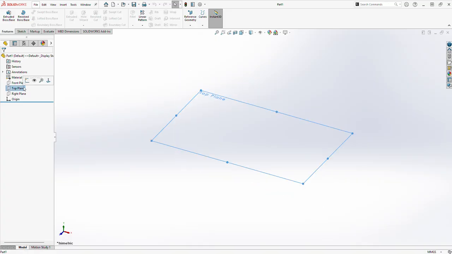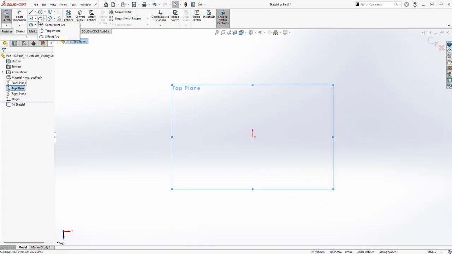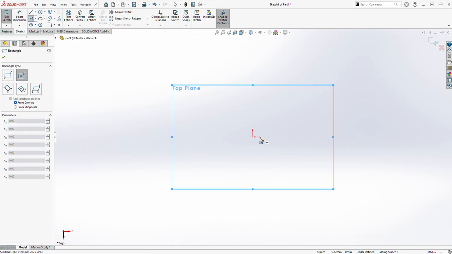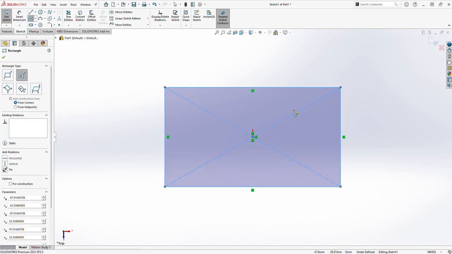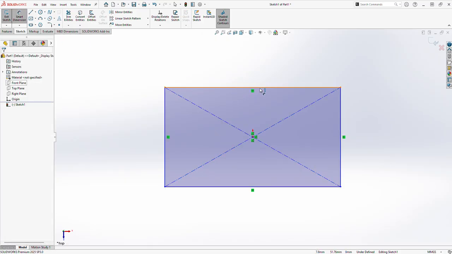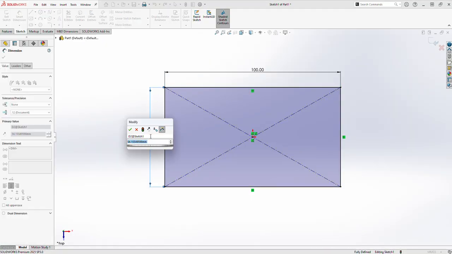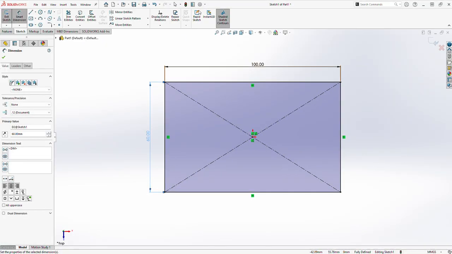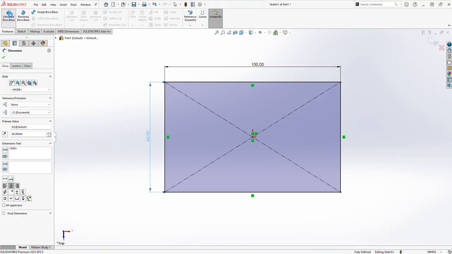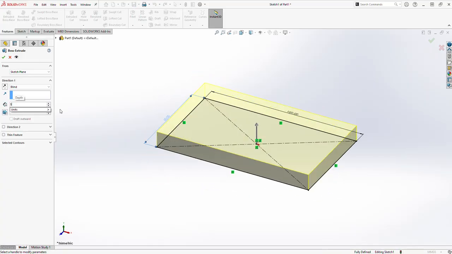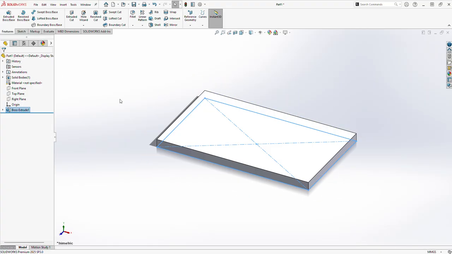Go to any plane like top plane and go to sketch and take a center rectangle at origin and go to smart dimension and make this dimension 100 mm and this is 60 mm, and then go to features tab and select extrude boss base and extrude it up to 5 mm, then OK,